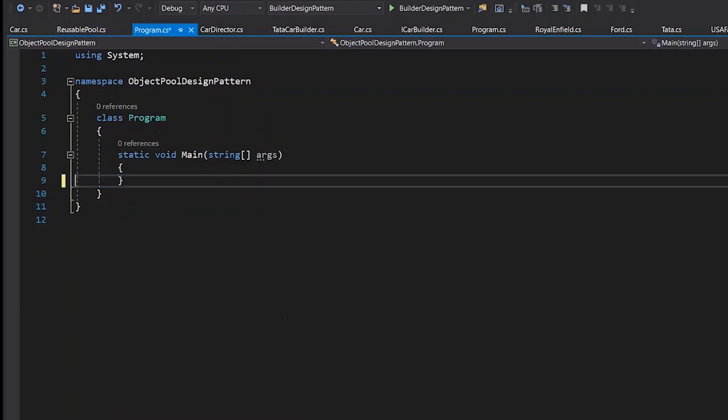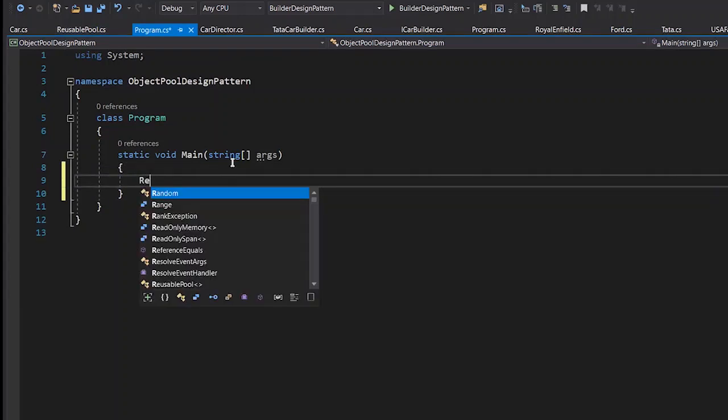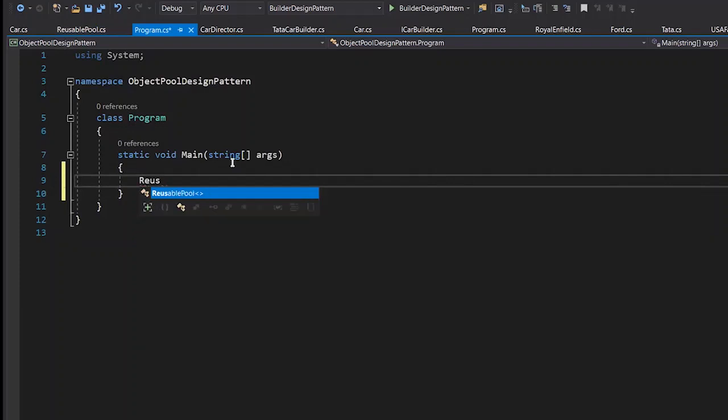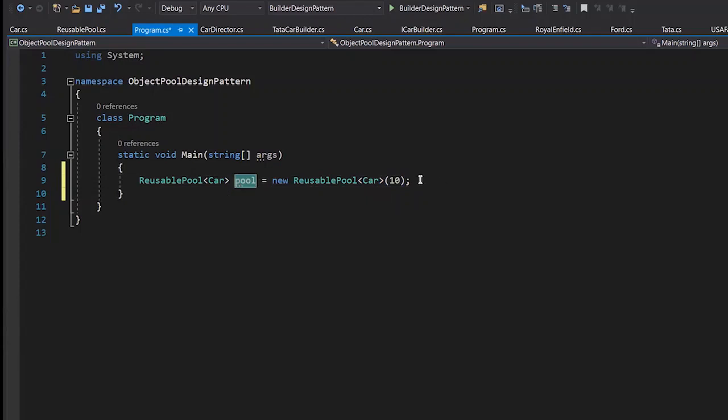So the client will obviously need to instantiate our reusable pool with our generic type. Here the generic type is reusable pool car. Pool equals new reusable pool, and here we are passing the size of 10. So this pool has a capacity of 10 cars.